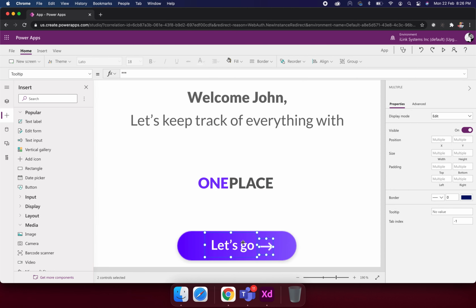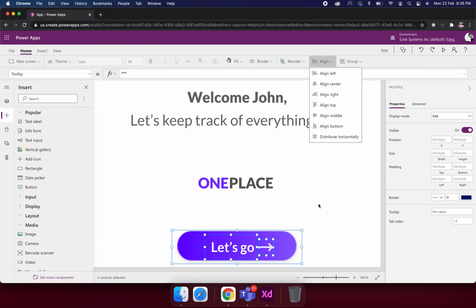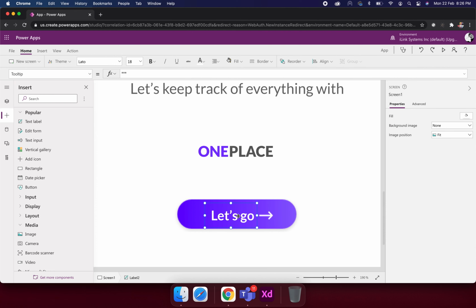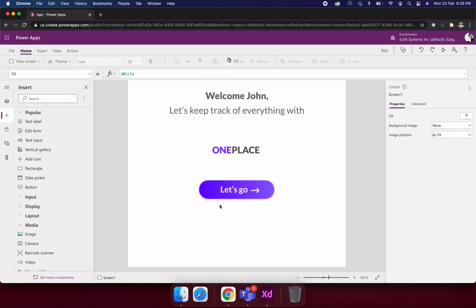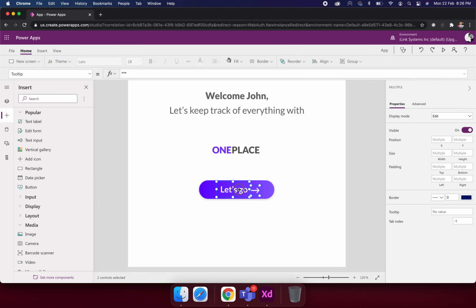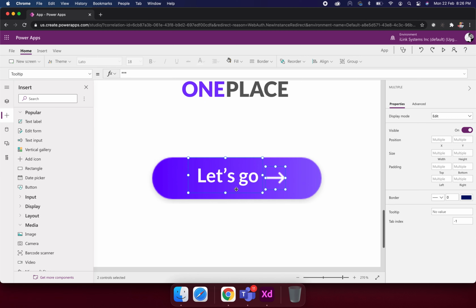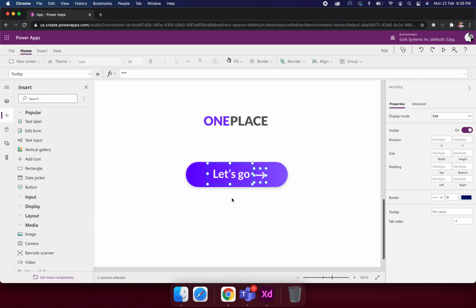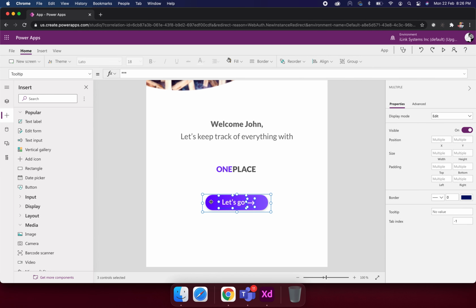Try to align it again, but sometimes the alignment doesn't work because our images are not exported with the correct bounding boxes. We have the shadow in the image itself. So let's do it manually. Always trust your eyes and observe more. Let's group it together by pressing Command G. I'll rename the group